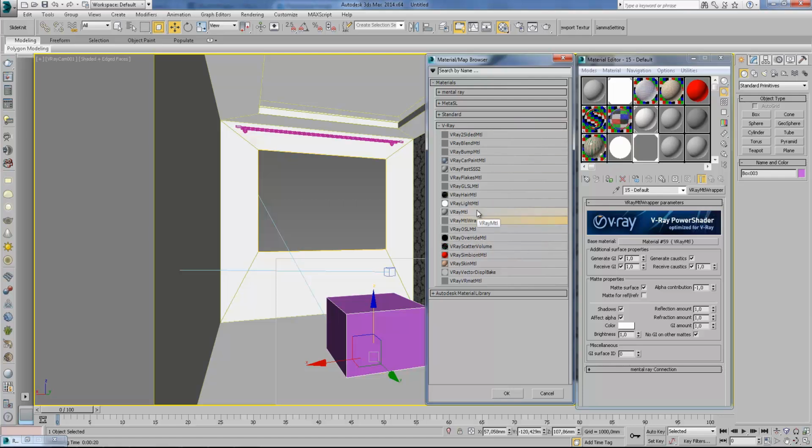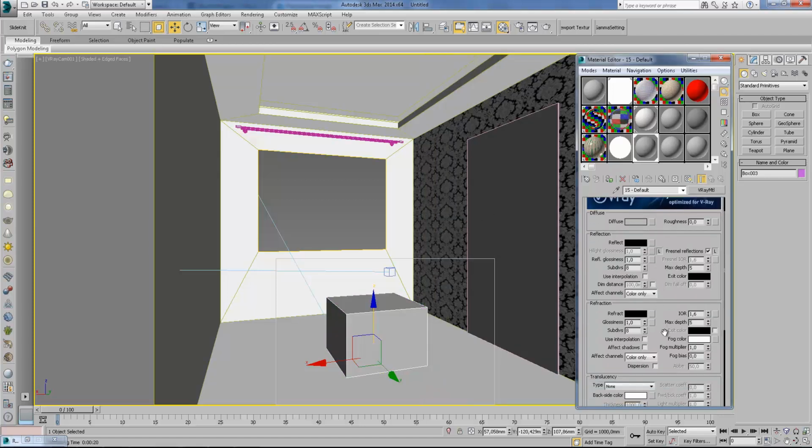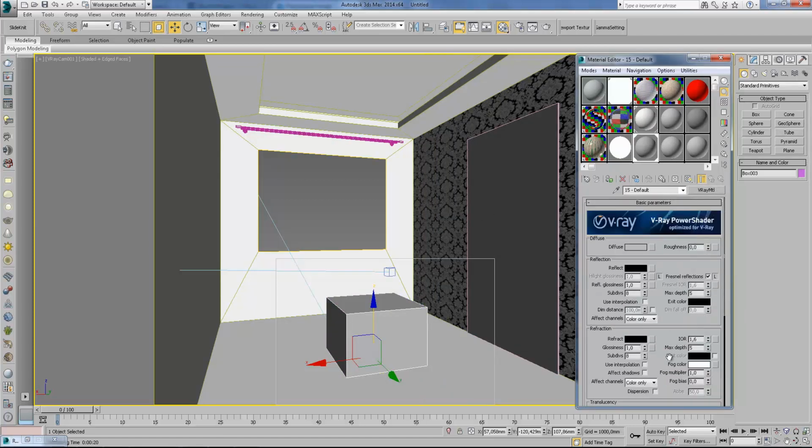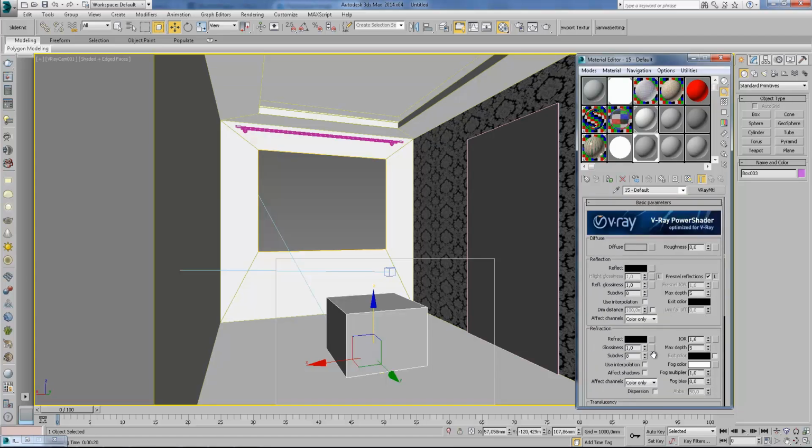So in the next lesson, we will be using the V-Ray material. Okay, and we'll be imitating natural objects in cloth. So this seems to be it for the